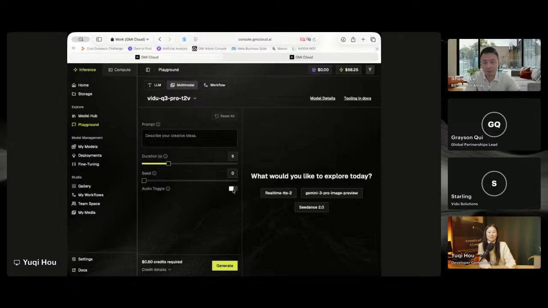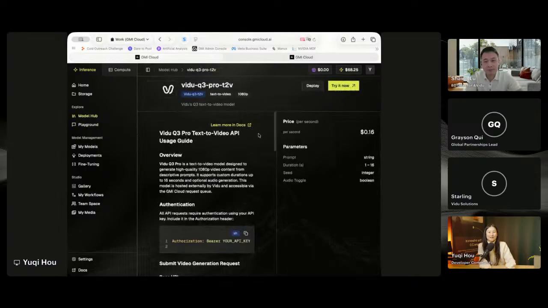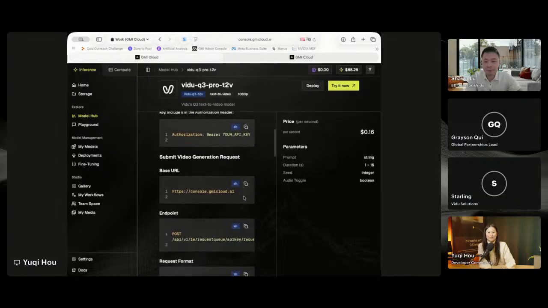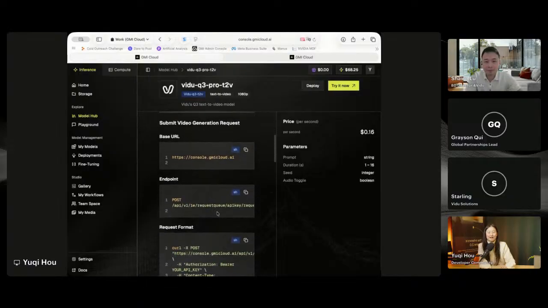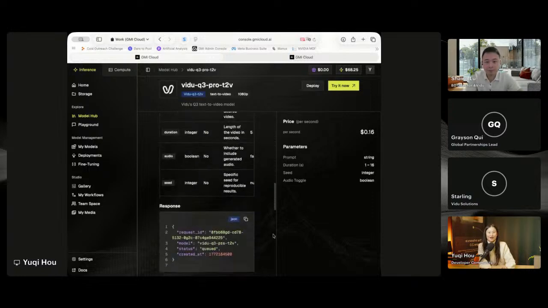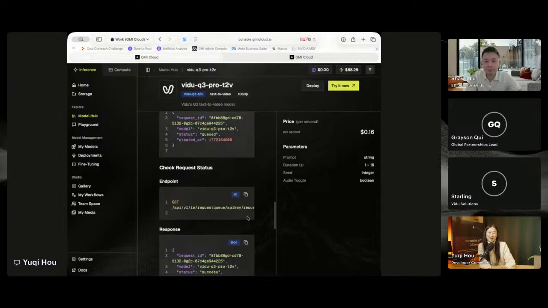As she was mentioning earlier, this is how you can choose whether or not the video comes with sound, as well as get the documentation. Within the model details, it gives you all of the information on how you can call it, so you can do a full pipeline of hitting the requests to generate these videos programmatically.